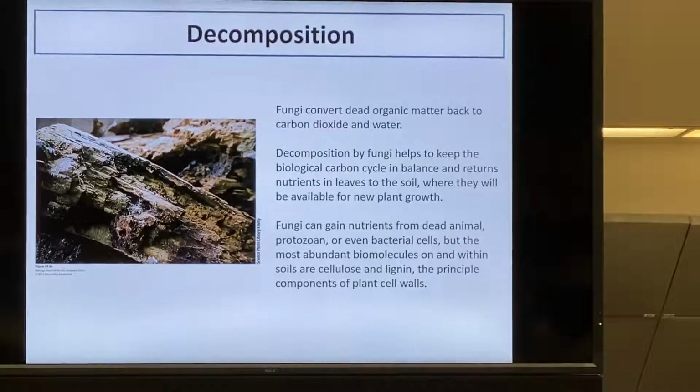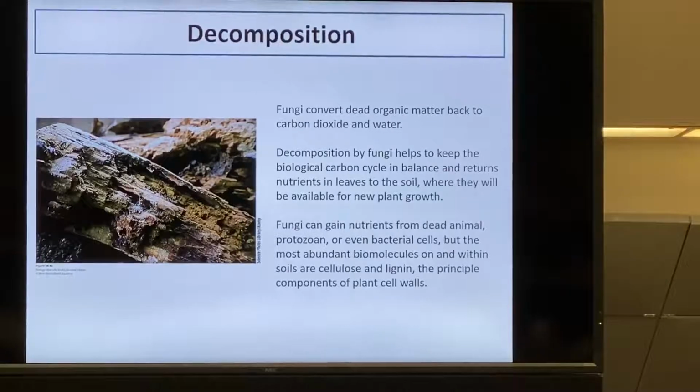But if you put them in an environment where there are no simple sugars, what can they do? Well, this is something that fungi can do that other things can't do. They can start digesting cellulose. They can even digest wood. Because in essence, all of those things can be broken down into sugars, if you know how. Fungi know how, other things don't.